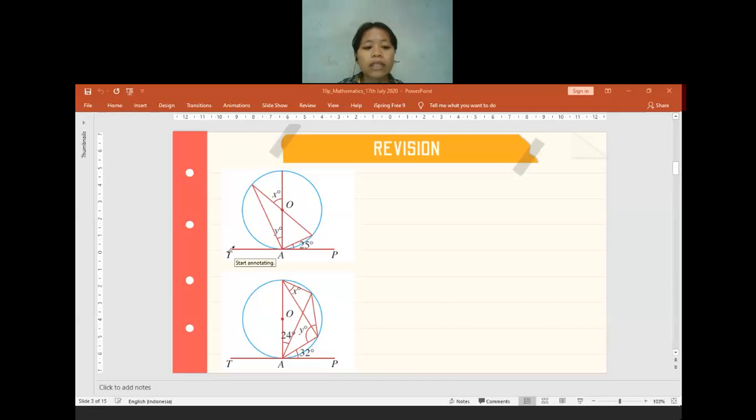So we have this tangent line. Now can you help me to find where is the radius that makes 90 degree with the tangent line TP? Angle A. Yeah, so in the angle A, OA is the radius, TP is the tangent line. So at this place, we will get 90 degree. Is there anyone who gets confused?